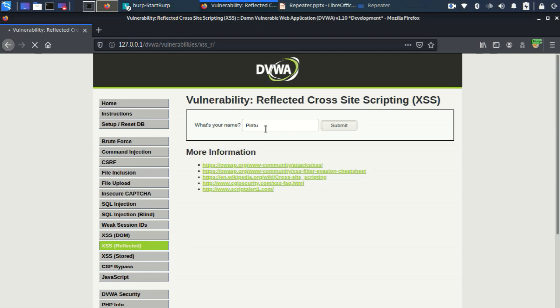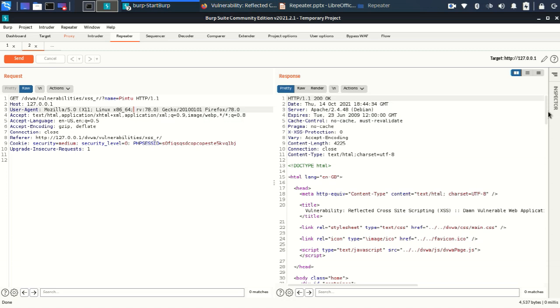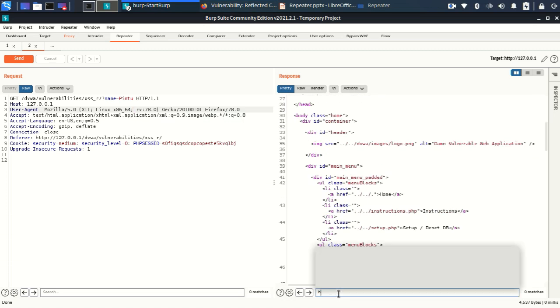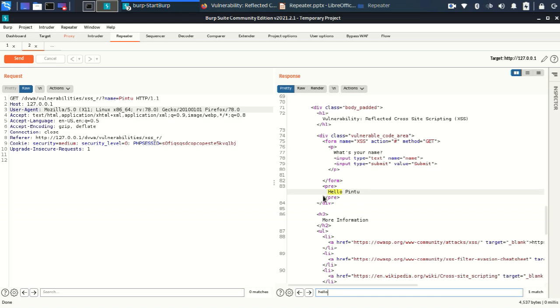Okay, now what I'll do, see that time we changed the security level to medium, here also it is showing medium. Okay, I change it to Pinaki. Okay, now let's see whether it works or not. Oh, still it is working. Okay,